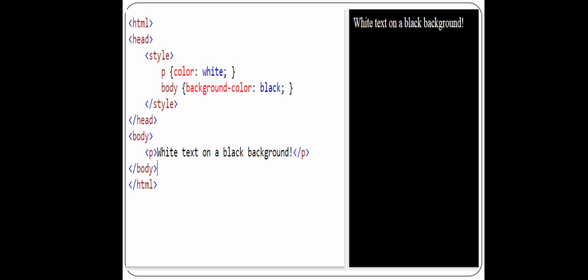Hence I have changed the body background color to black, completely opposite. By default, the background color of the body is white and the text color is black. Here I have done exactly the opposite. I have changed the text color to white and the background color to black. So it appears like a blackboard with white chalk, right? I hope it is clear. It is a simple example. Here I have used two elements to style. And this is which type of CSS? It is internal CSS. Why internal? Because I am using a style tag, right?